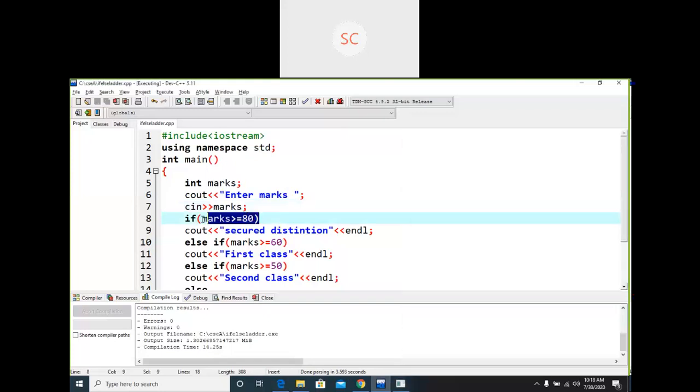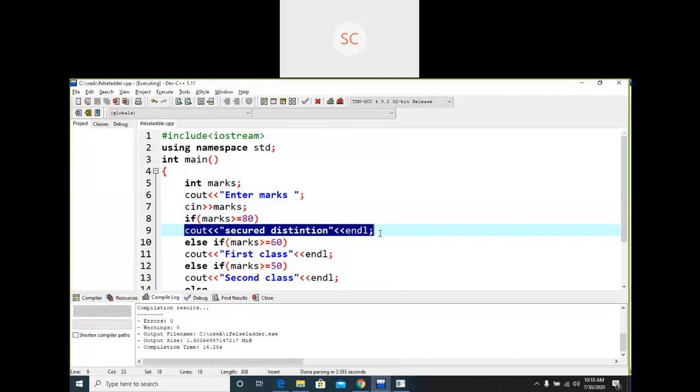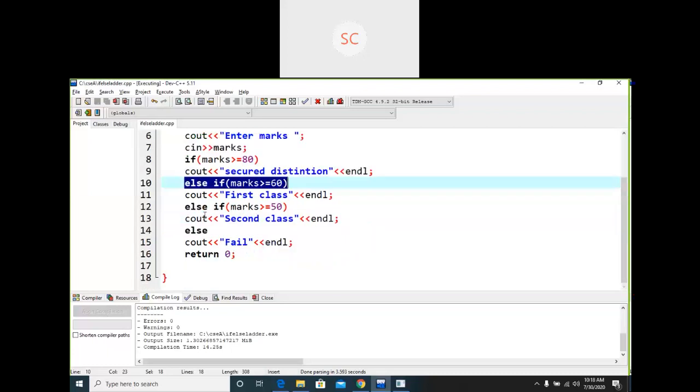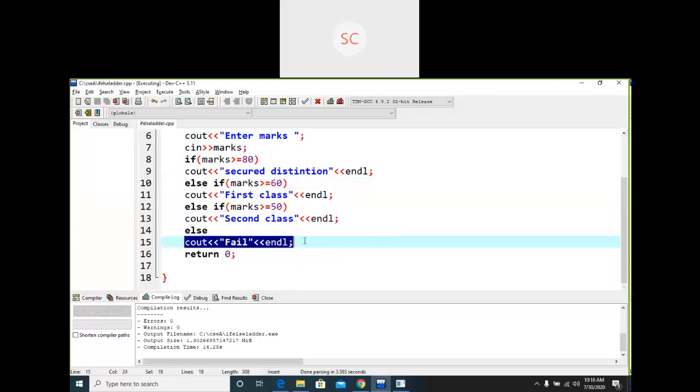First, this one is going to check, and this is going to print in the output if this condition is true. Suppose this condition is false, it is going to check the next condition. Suppose that is false, again it will go to the next condition. Like that, it will check all the conditions. If all the conditions are false, then it is going to print the default case, that is, the else block.